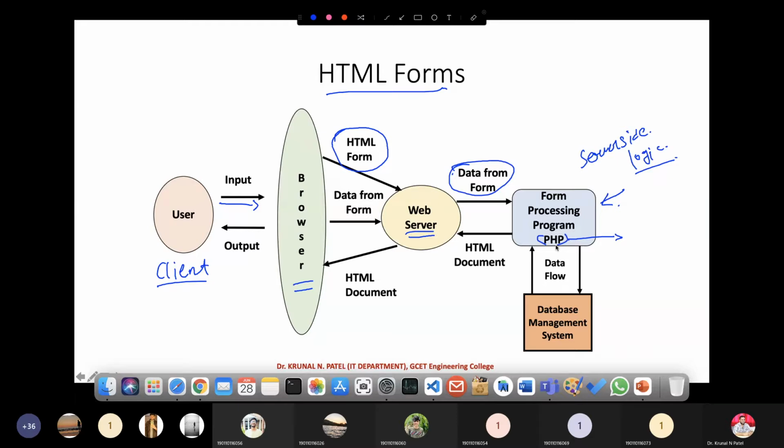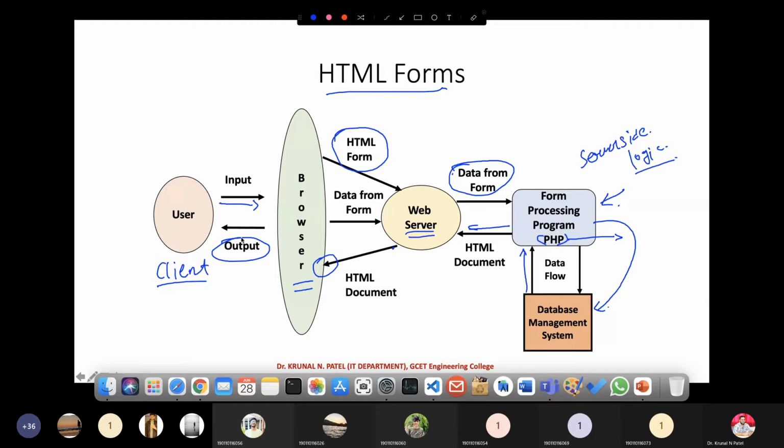If it uses a database, that comes in here and fetches the data from the database. That data is filled into the HTML document that is sent to the server, and that output comes to the user's browser, and the user is able to see the output.